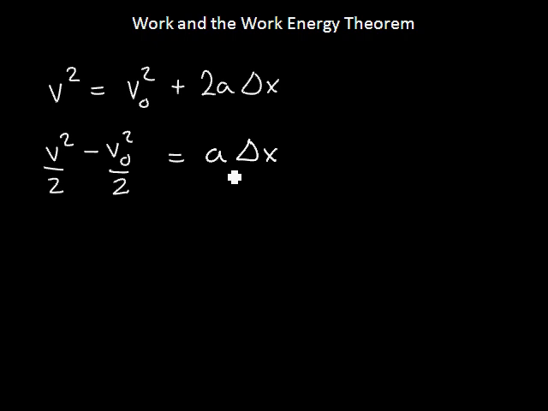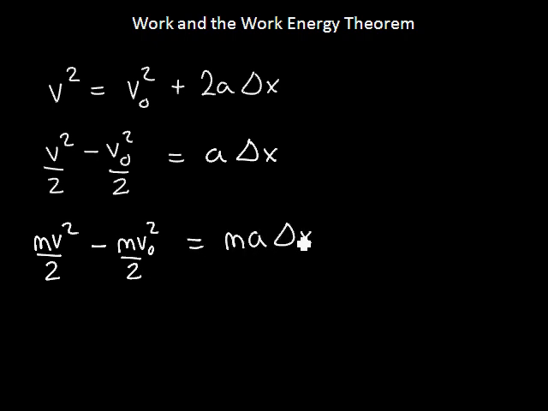Now what we're going to do is introduce the mass of whatever's moving. If we multiply throughout by m, we end up with m times v squared over 2 minus m v0 squared over 2 is m times a times delta x. If you remember from Newton's second law, the ma is the force that's being applied to cause that acceleration. And so we end up with this equation here: force times distance, or force times displacement, is equal to the